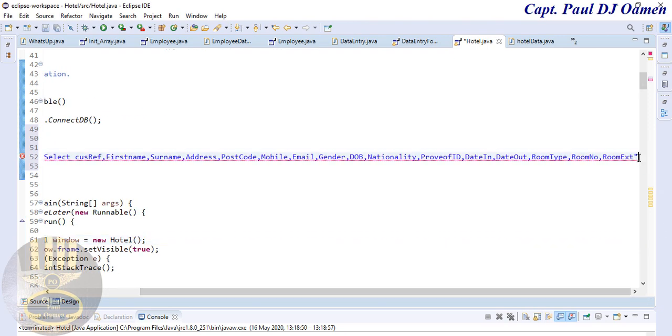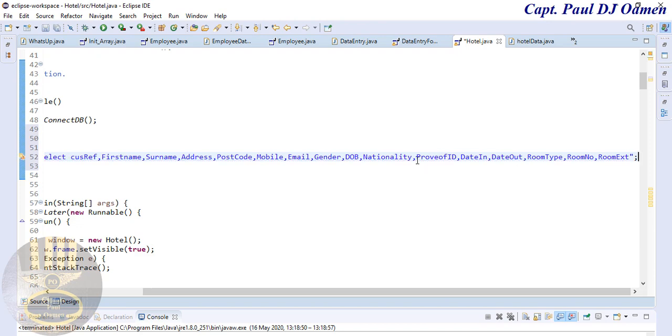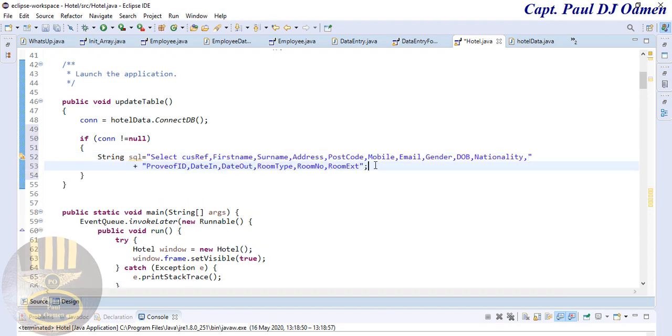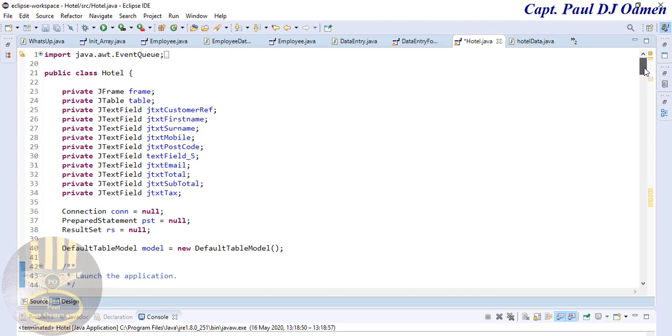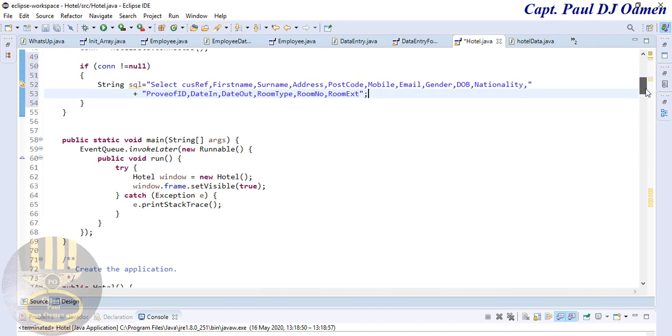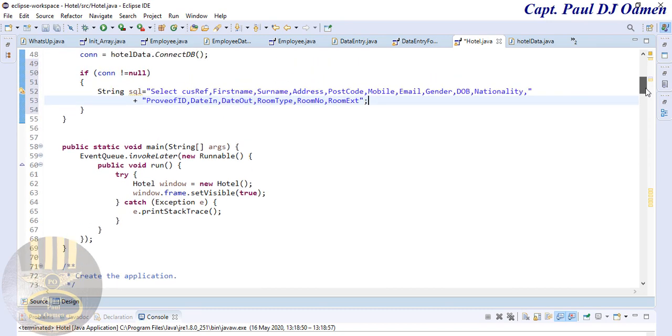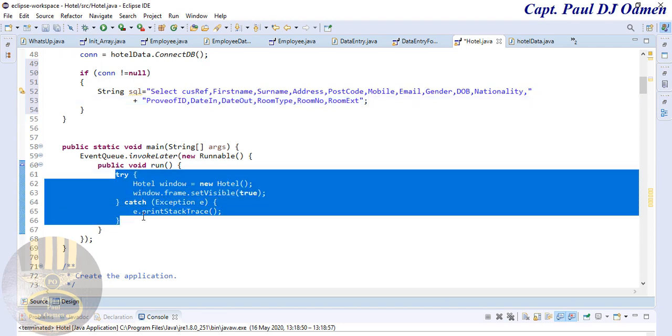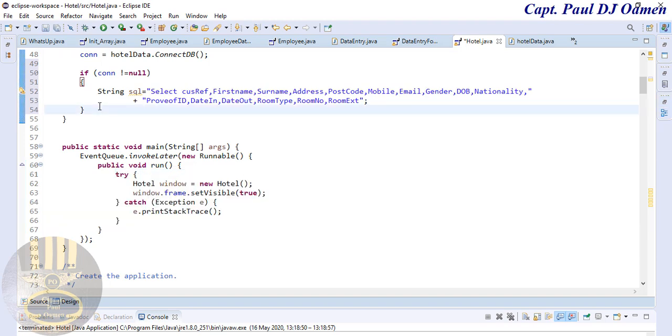Alright, enter semicolon. So I'm just going to break it into two so that you guys can see it all. There. Now let's add try catch just to sort out whatever problem we might have if we run into an error. Now what I'm going to do is I'm just going to copy this try catch here, copy that